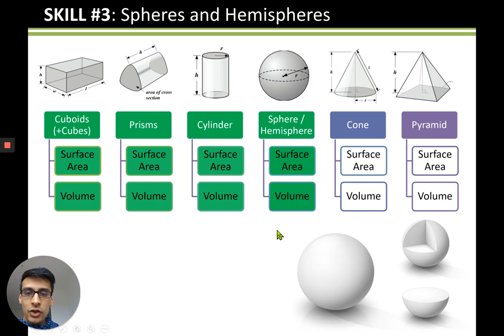This is video 5. So here's a list of stuff that we've been going through. We've done cuboids, prisms, cylinders, spheres, hemispheres. Now we're going to do